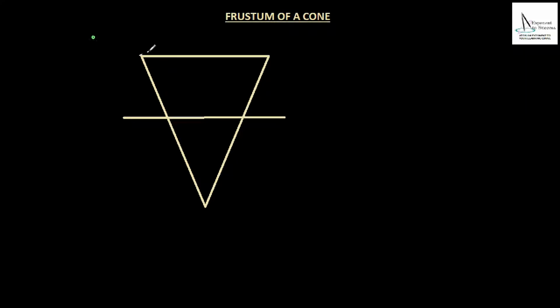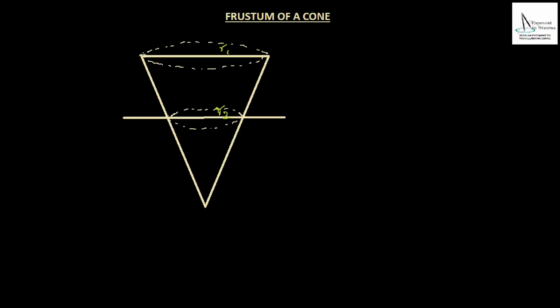Now since this is a cone and a cone has a circular top, let me draw a circle here at the top, and if I cut across the smaller cone also, we'll have a circular bottom as well. Since the top is circular, it's going to have a radius, and the bottom also is a circle, so that also has to have a radius. But as you can see, the larger circle is at the top and the smaller circle is at the bottom, so both the radii are obviously different. So let me call this R1 and let me call this R2.